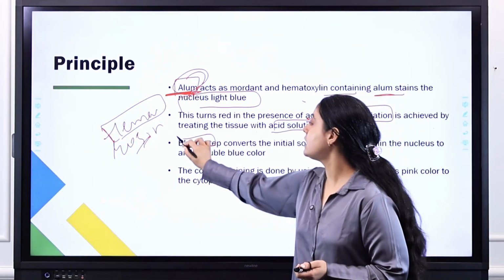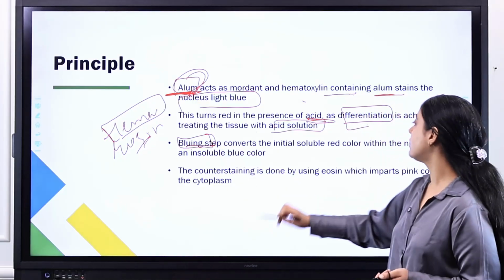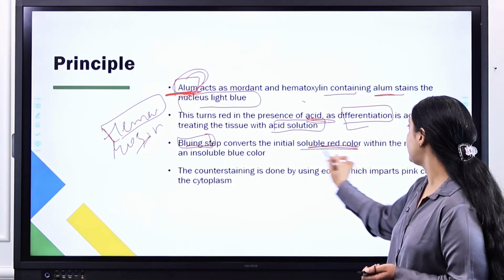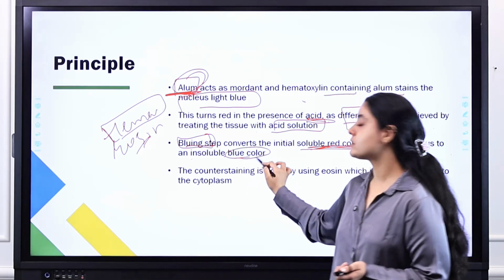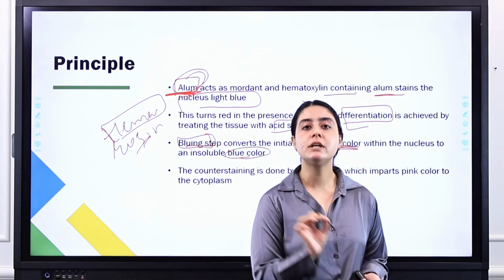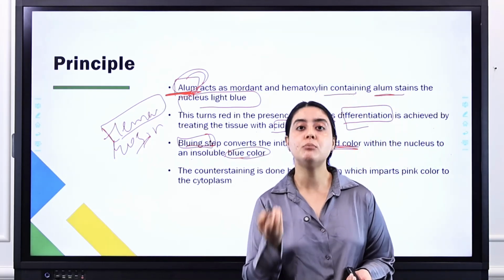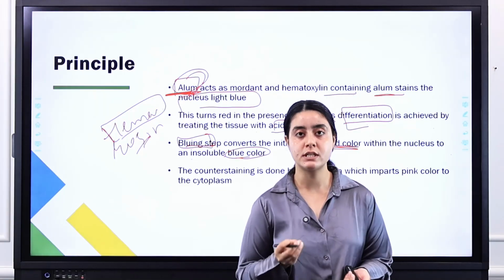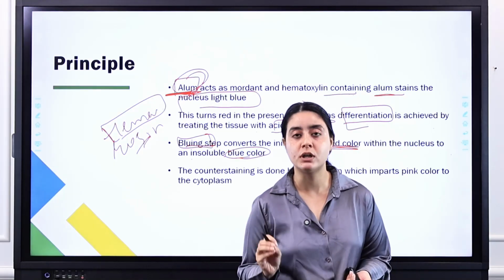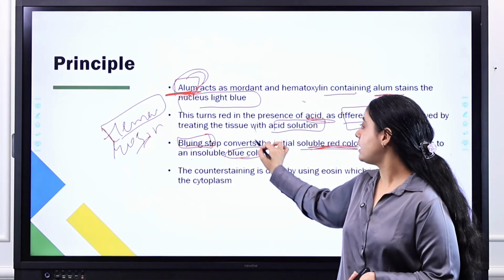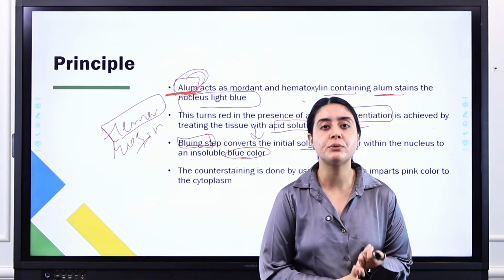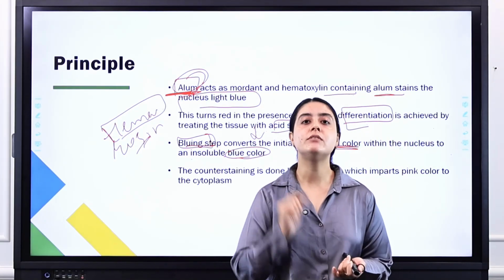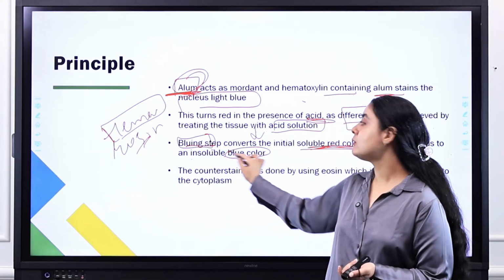Bluing. There is a step, bluing. Bluing step converts the initial soluble red color within the nucleus to an insoluble blue color. In H&E staining, the nucleus basically takes a blue color. It takes the hematoxylin stain and stains blue. So in the next step, after our nucleus turns red due to the acidic environment, we will proceed with the bluing step.